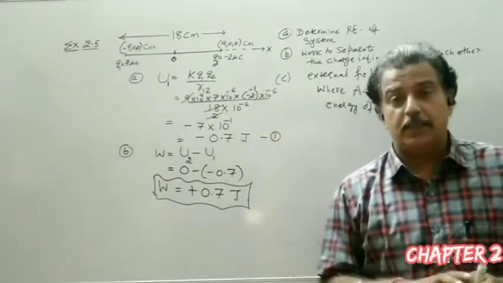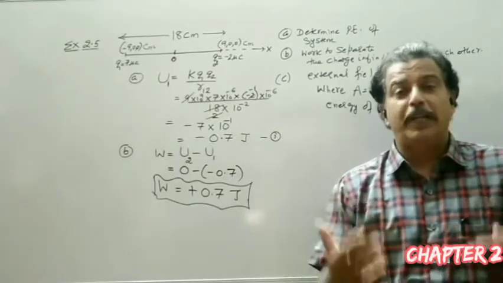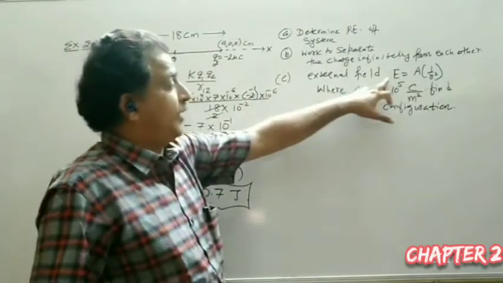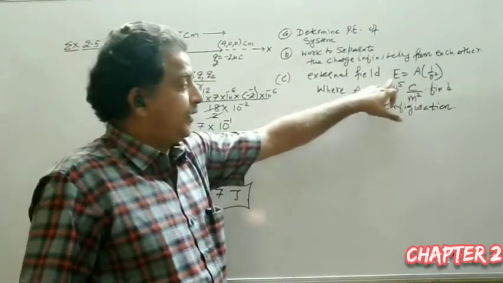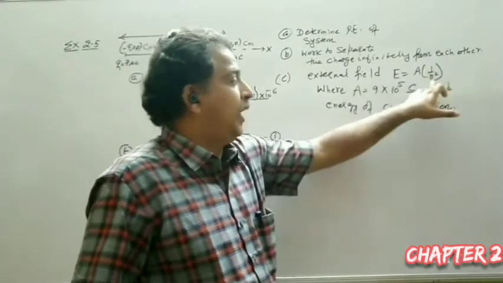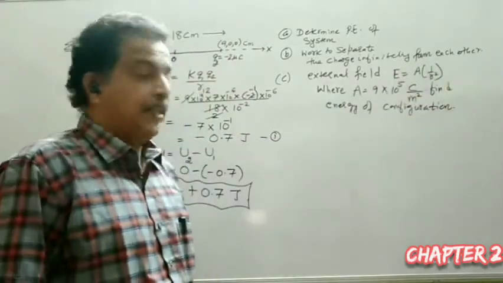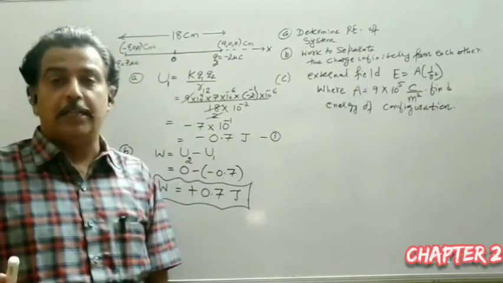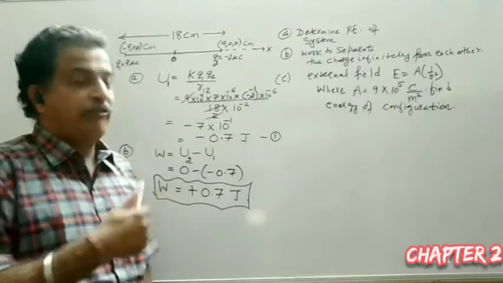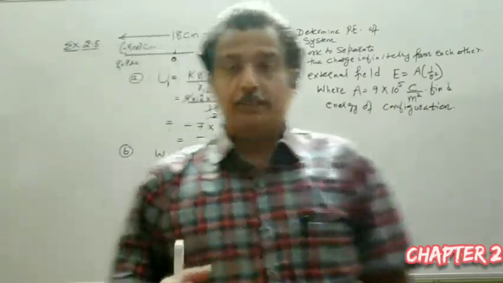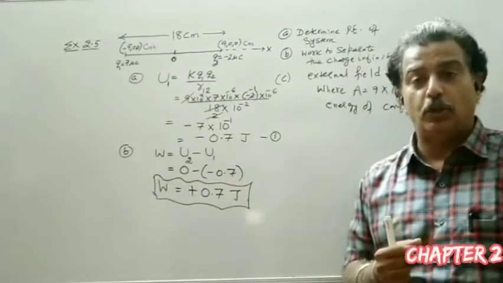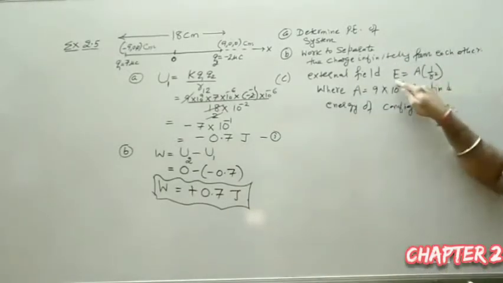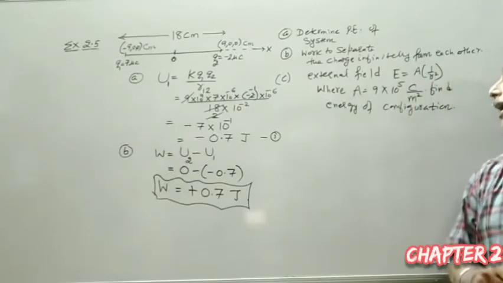So these two charges have to be placed in an external electric field. Now if you see the formula for the external electric field, it is A times 1 upon R square, where R is a distance. As the distance or the position of the charge changes, the electric field intensity will also change. Means the electric field intensity is not uniform. It is non-uniform because it is clearly a function of R.